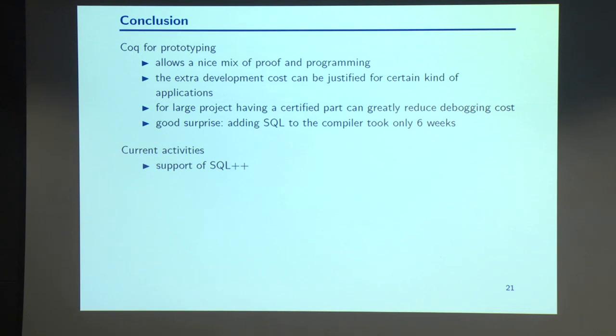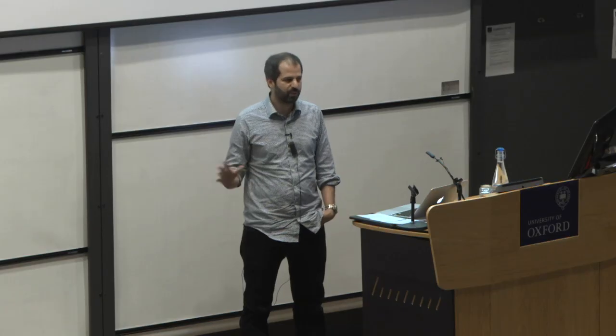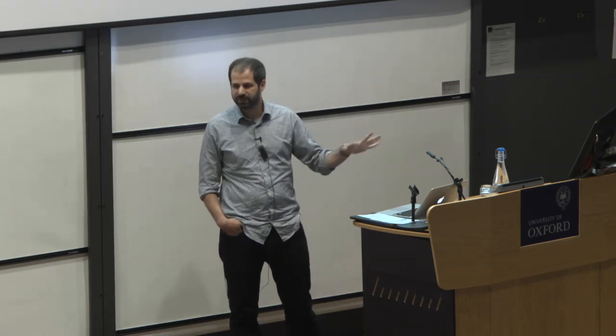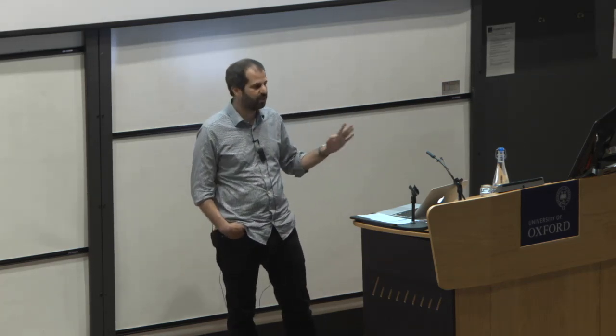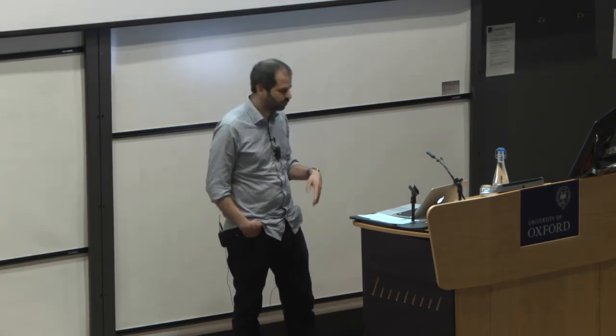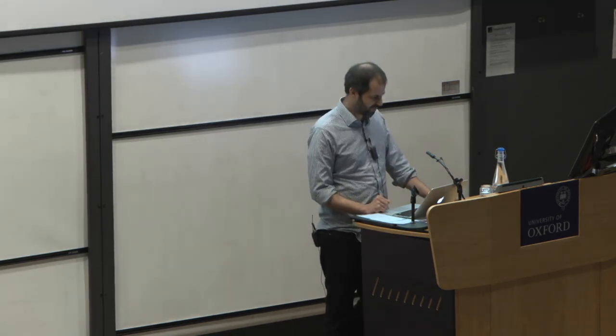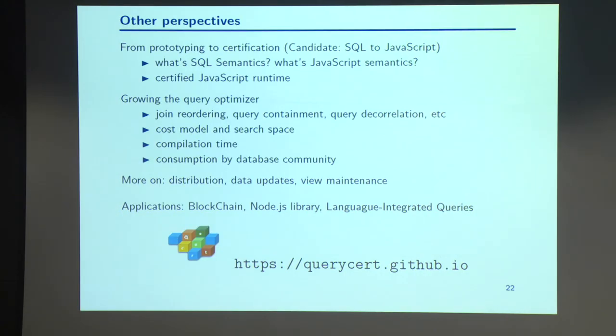But for us, having all the core of the compiler proved was really nice, because when we had a bug on the back end that was much more a moving part, we said, okay, we are really confident in all the first part of the compiler and the optimization, and we can look for the bugs in this part. So I will stop with just saying that there is plenty of things to do, and we think it's very exciting, and we will be happy to collaborate on many topics around this.